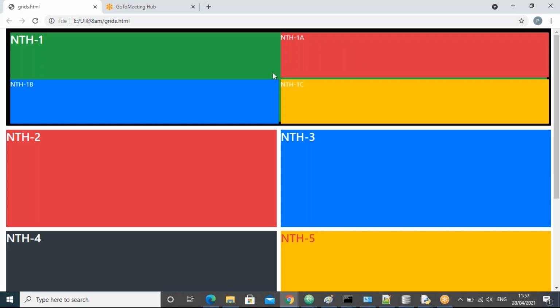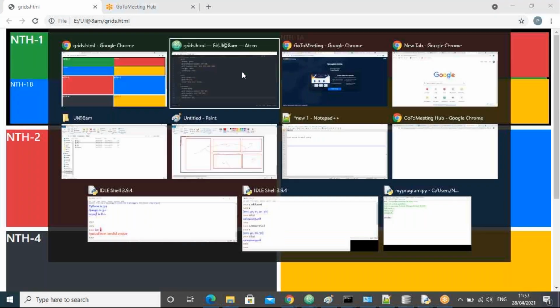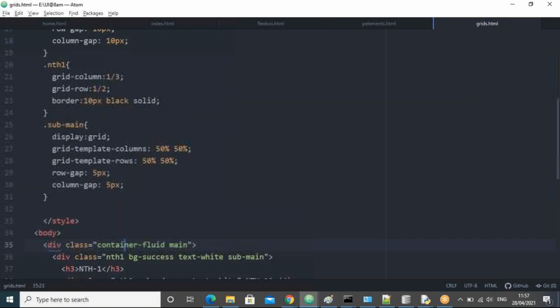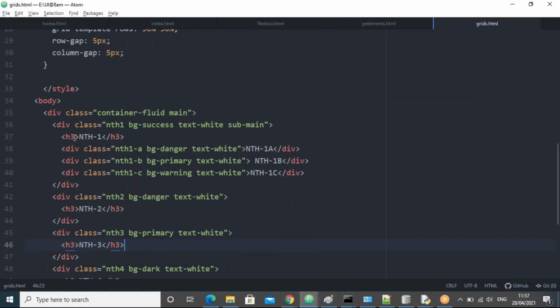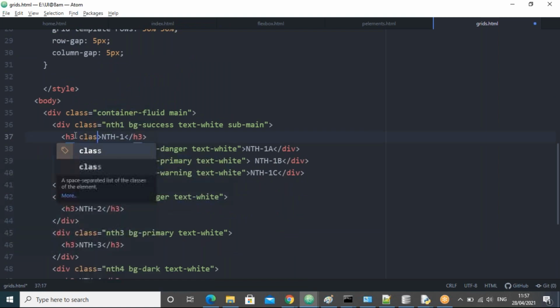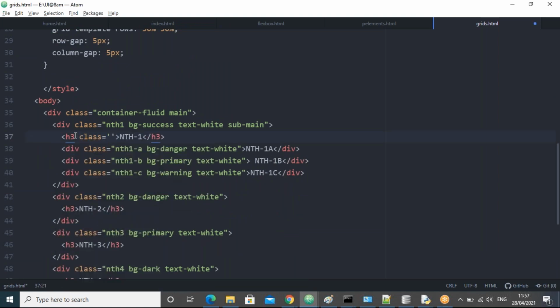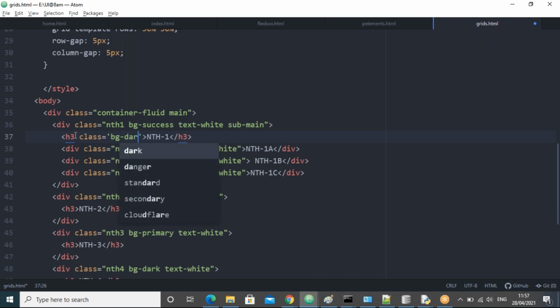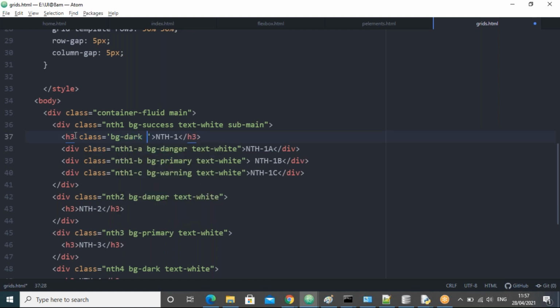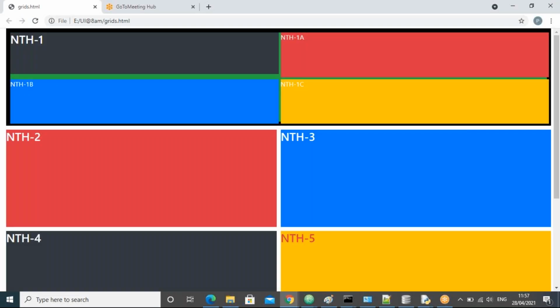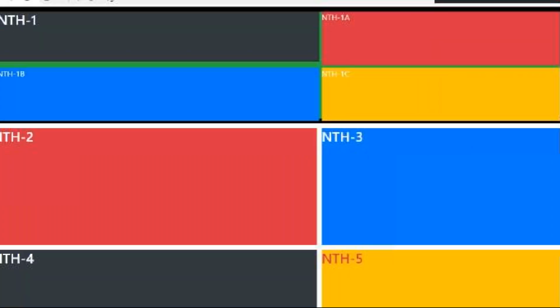Okay, suppose for H1 also I take a different color. Observe, guys. For H1, I'll take a class here. Let's take some background, for example dark. Background dark, text white. Let me refresh here. Now all of you can observe.